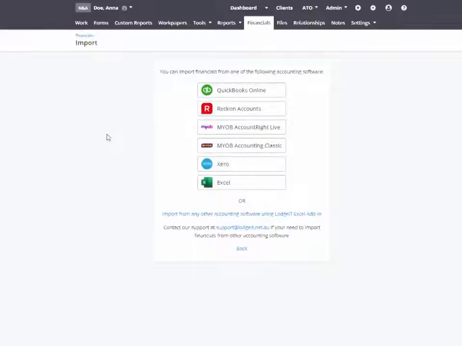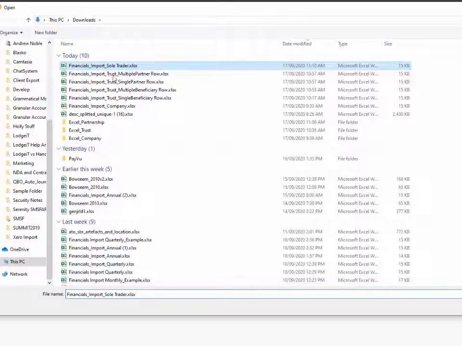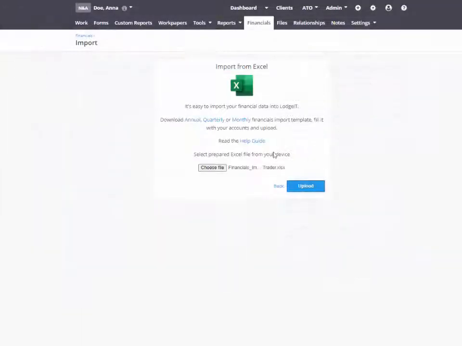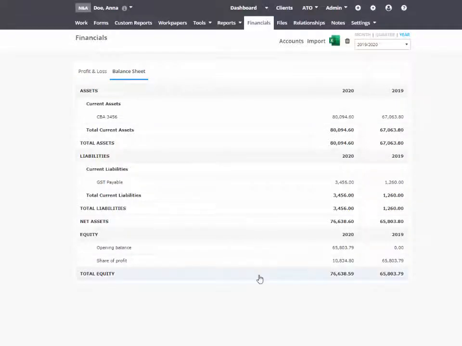So let's do the import. Anado is our sole trader. Simply import that file. And we'll see that we end up with our profit and loss and the balance sheet. So balance sheet balances,